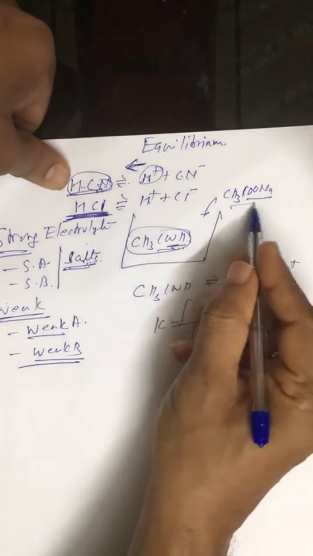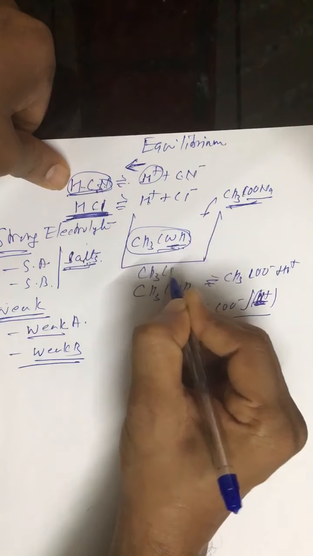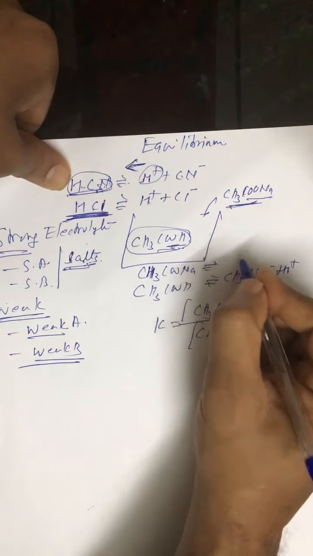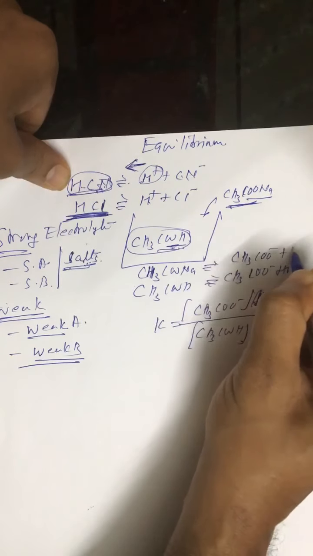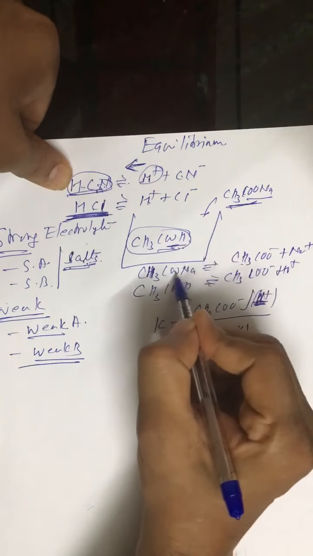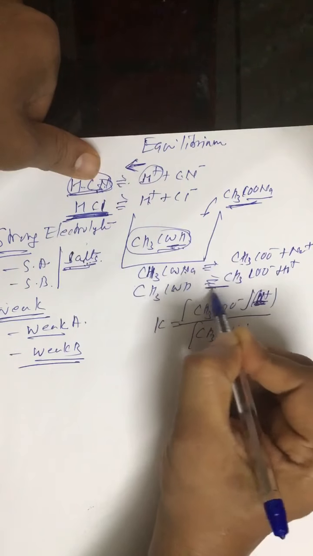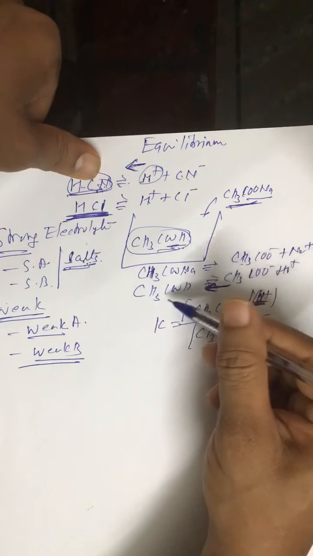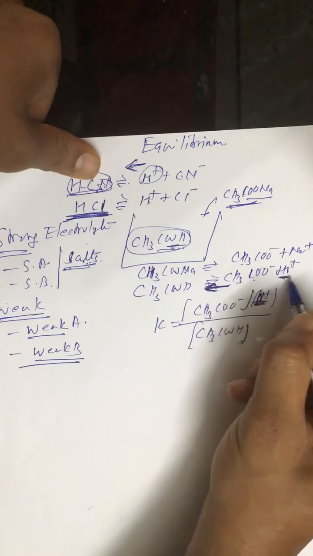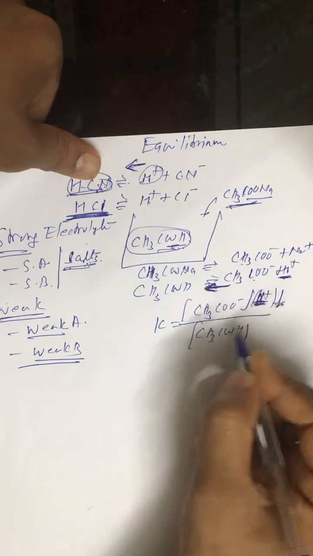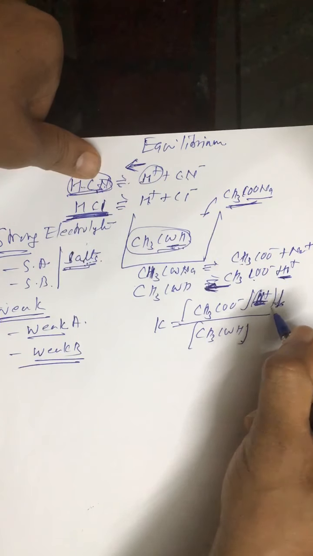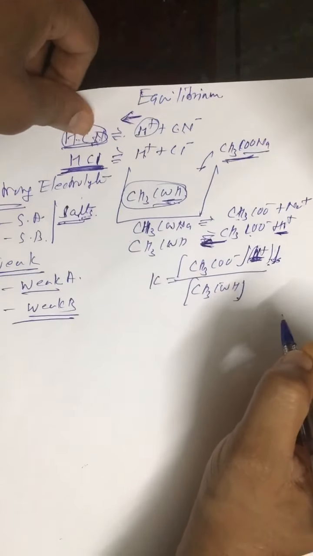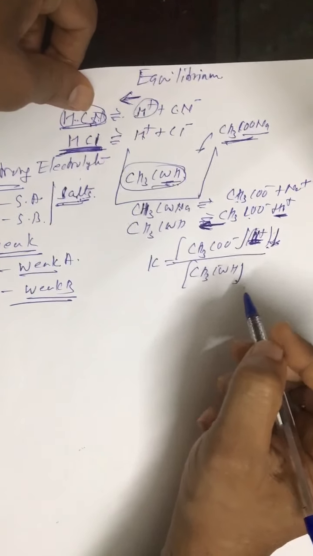Now when sodium acetate is added, sodium acetate is a strong electrolyte. Why is it a strong electrolyte? Because it is a salt and all salts are strong electrolytes. So what will happen in the presence of sodium acetate? Ionization of acetic acid will be suppressed, meaning the backward reaction becomes very fast. So obviously the H+ concentration decreases, and as H+ concentration decreases, pH increases. So pH will increase. This kind of question is asked.